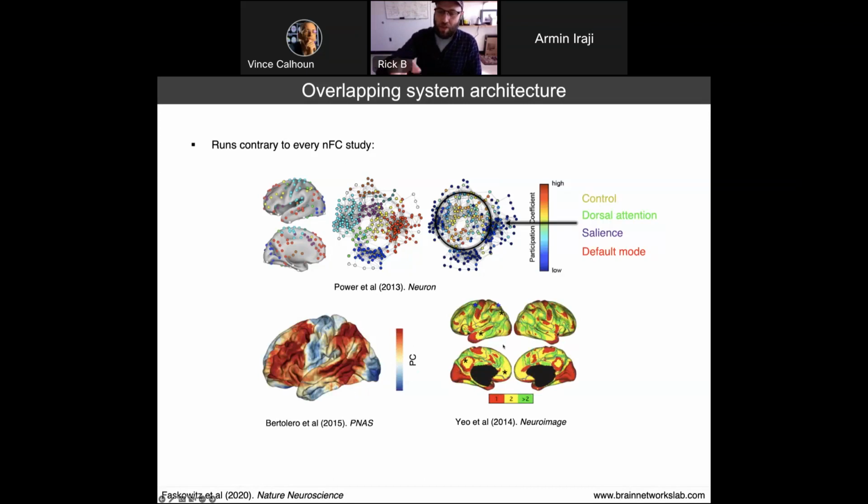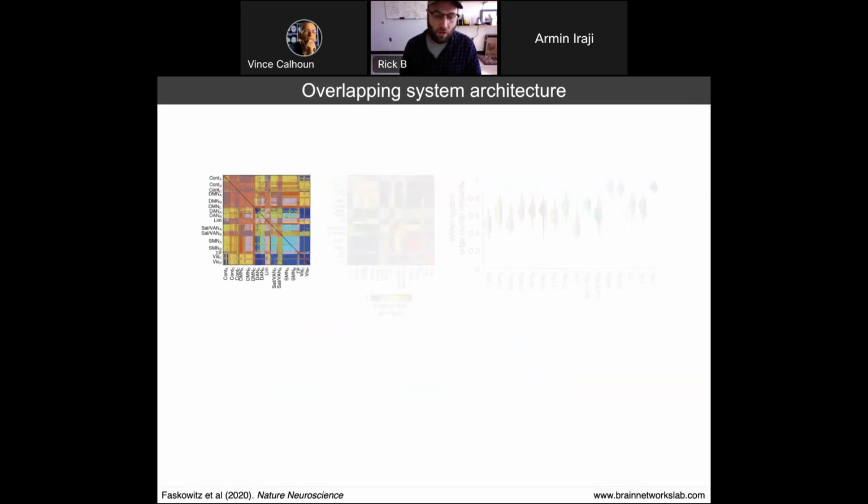The color map here should be inverted, really. The green areas actually indicate high levels of overlap, whereas the red indicate low. But again, they found something very different to what we found. So we started asking ourselves, well, where the heck did this overlap go? Why do we see no functional plurality in control networks? To address this, we started poking around a little bit, and we discovered something that I think is quite interesting. What we started looking at was what I'm going to call edge community profiles.